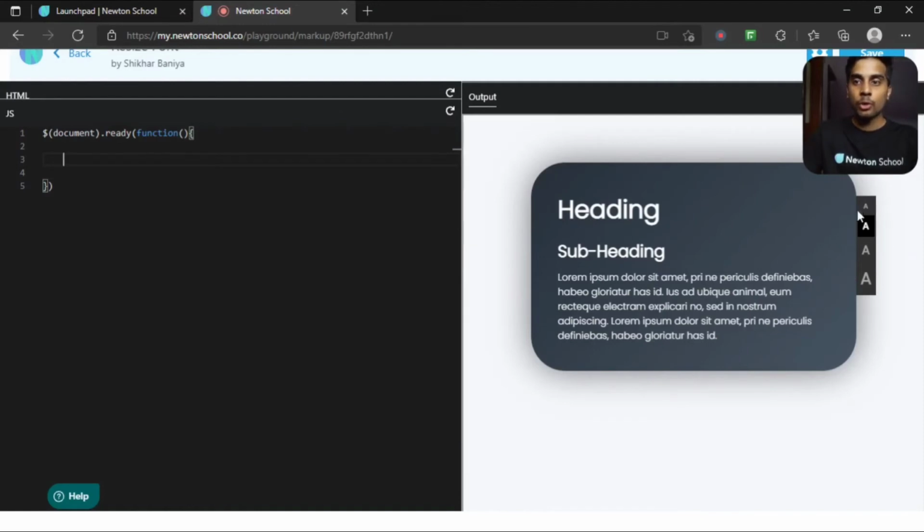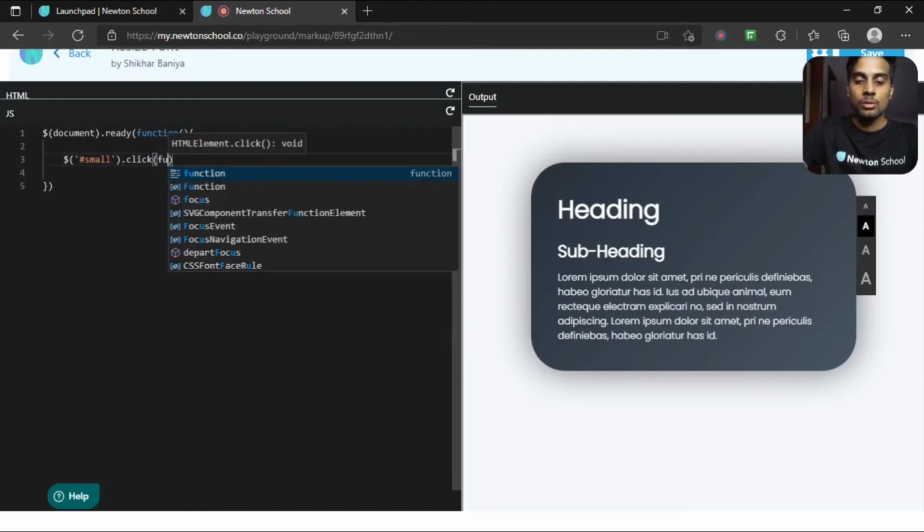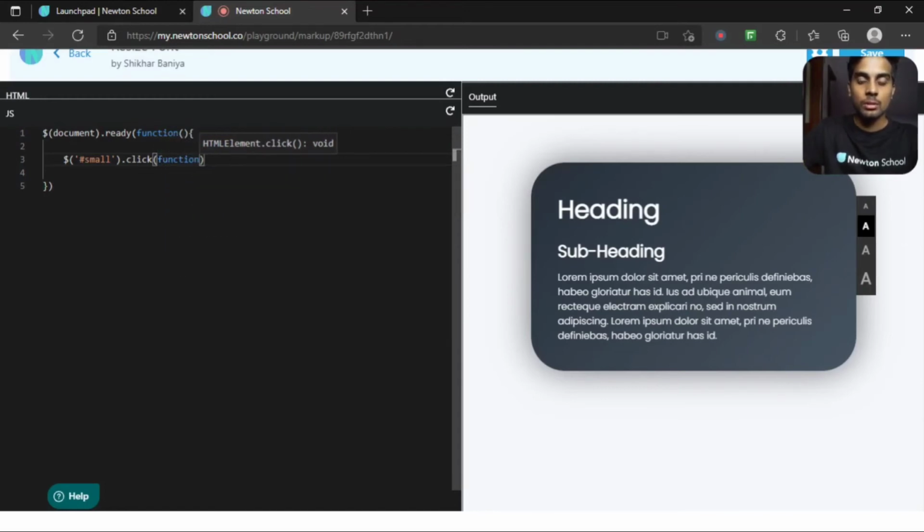So first, I want to target this small anchor tag. So dollar, and inside this, #small. You have to specify some ID or class here inside these quotes. And I want to add a click event here. So whenever we click on this ID, some function will be called. So function(e), where e means the event.